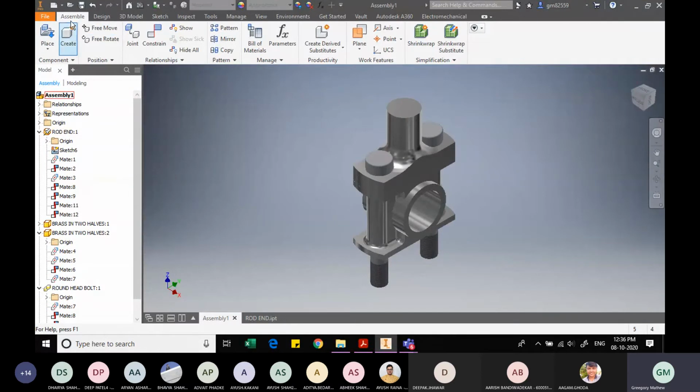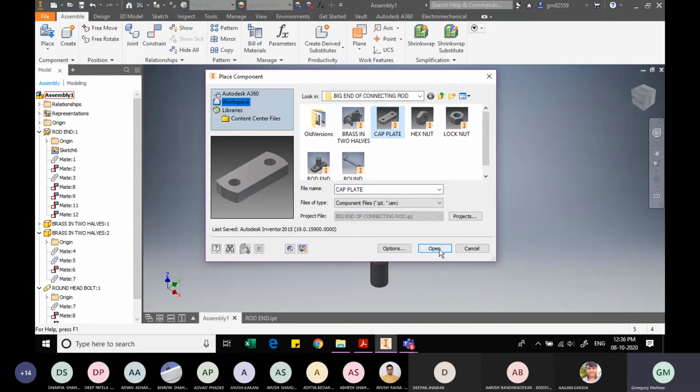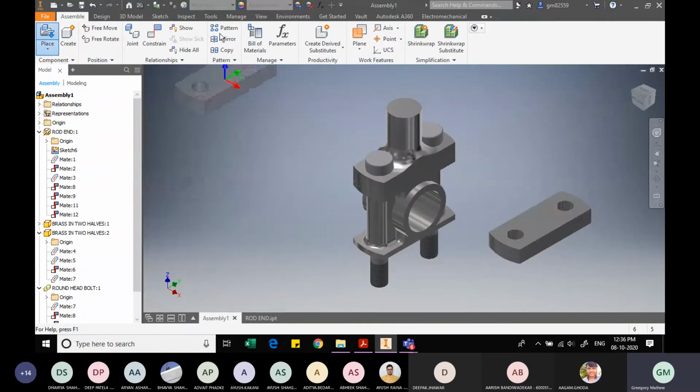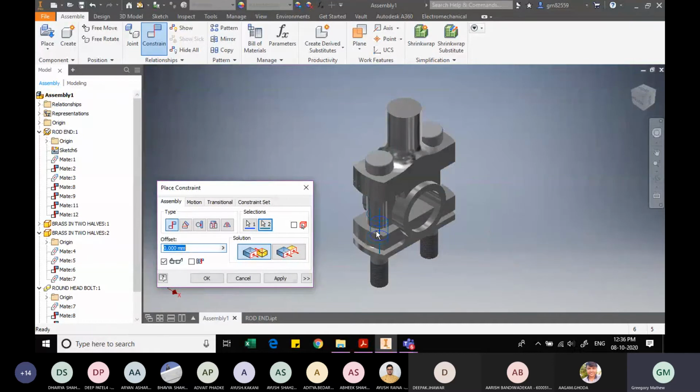Now the other component that was remaining. So we'll call the cap plate, open. Now let us constrain this head with this, apply.